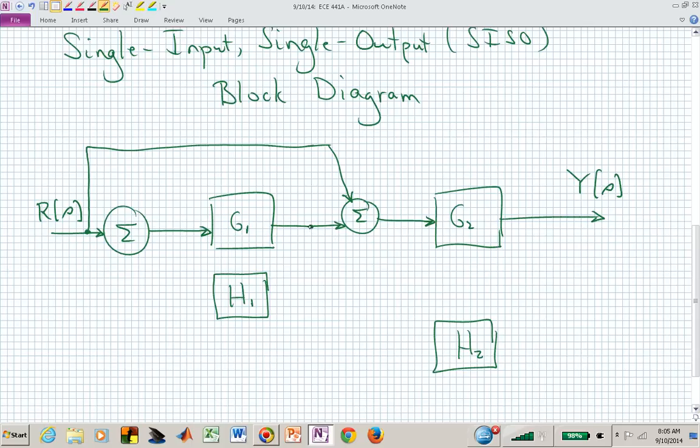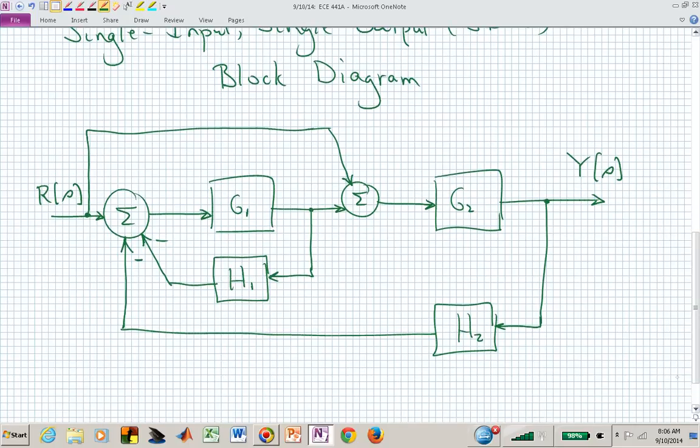And H1, let's say, is a feedback element, which could also be some transfer function. It might be some sensor dynamics or another subsystem. And that's going back with negative feedback. H sub 2 is feeding back around the entire combinations. And there's our block diagram, which isn't too involved, but maybe you don't just instinctively know the transfer function